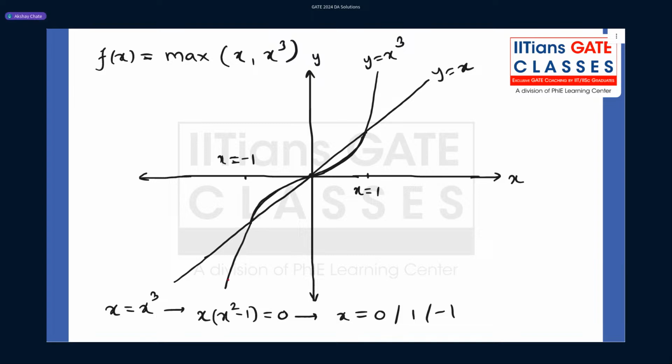Here also it looks something like this. So this is your typical graphical representation of this curve. Maybe I can use some dashed lines to highlight that these intersect at +1 and -1 as well as 0. But in the question, maybe I'll use a different color here. In the question, the keyword is